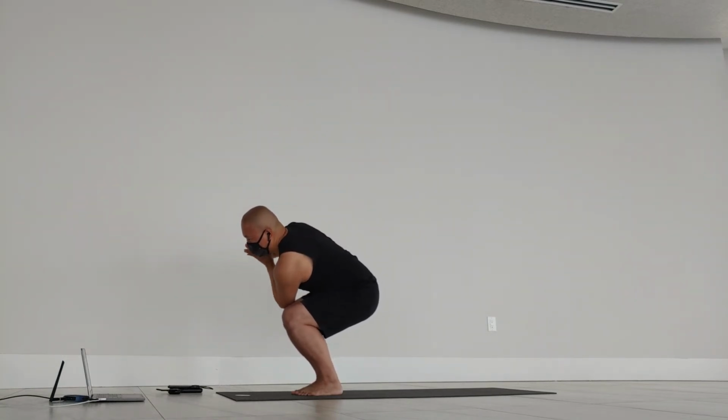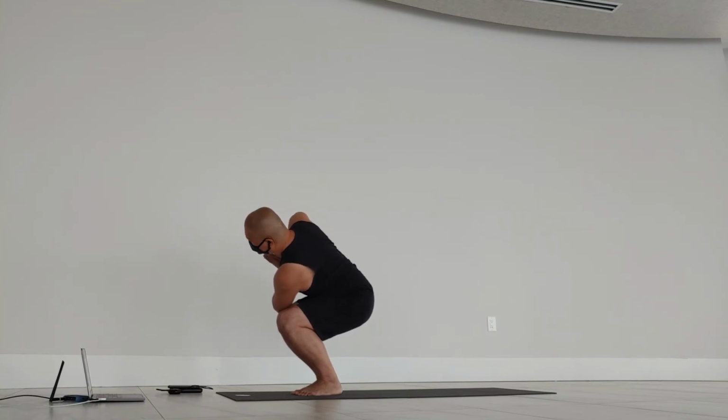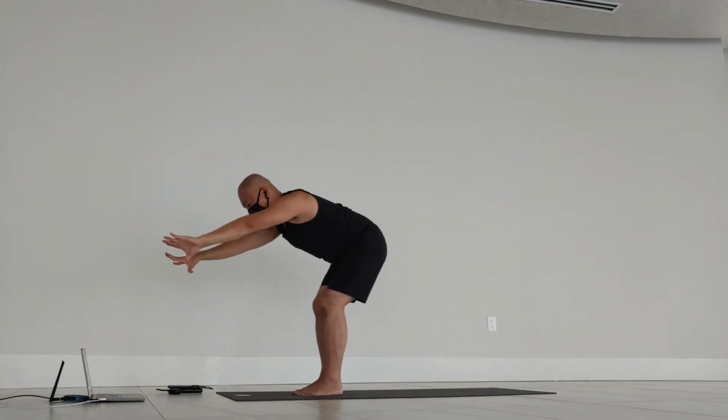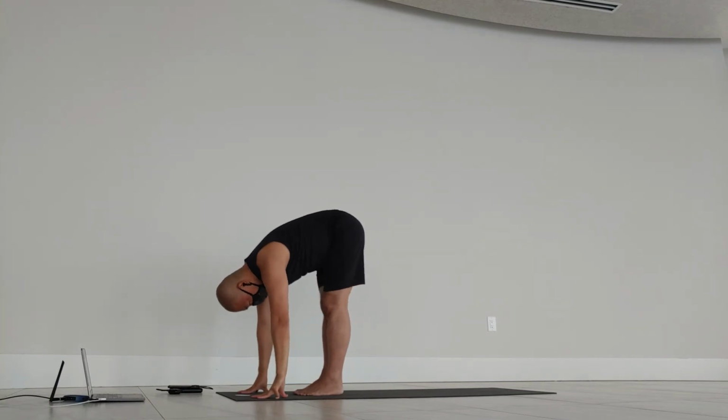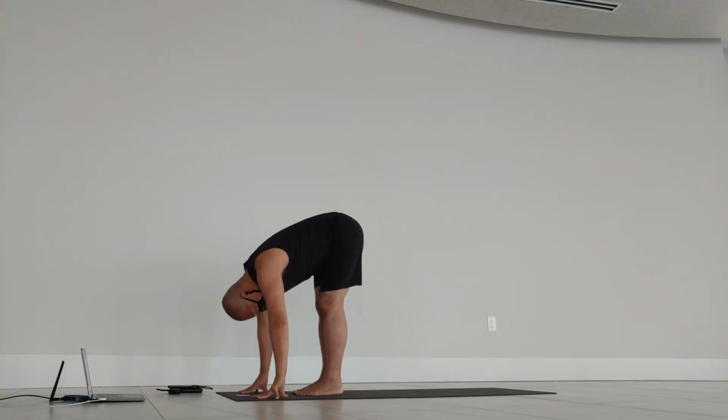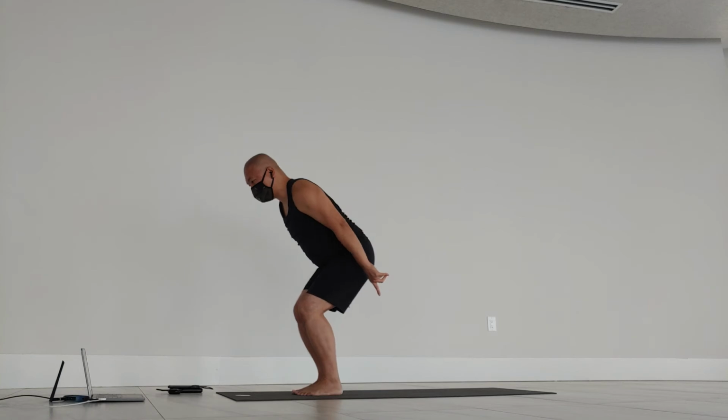Hook the left arm to the outer right knee and twist. Inhale, square back to center, chair. Exhale, dive forward. Take a few breaths here. Then bend the knees, rise up,